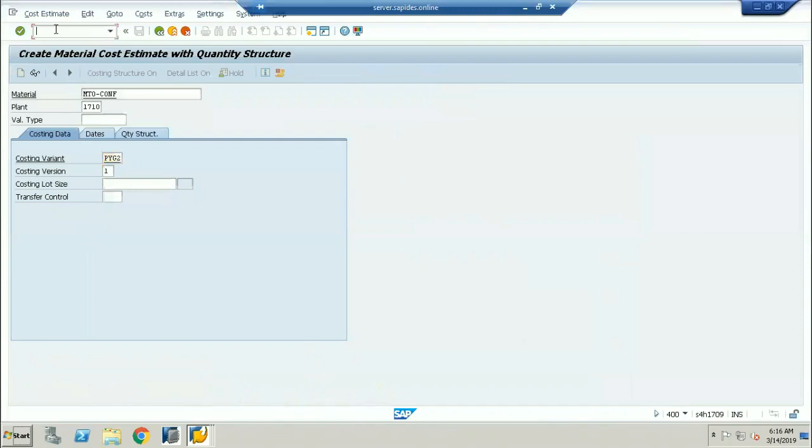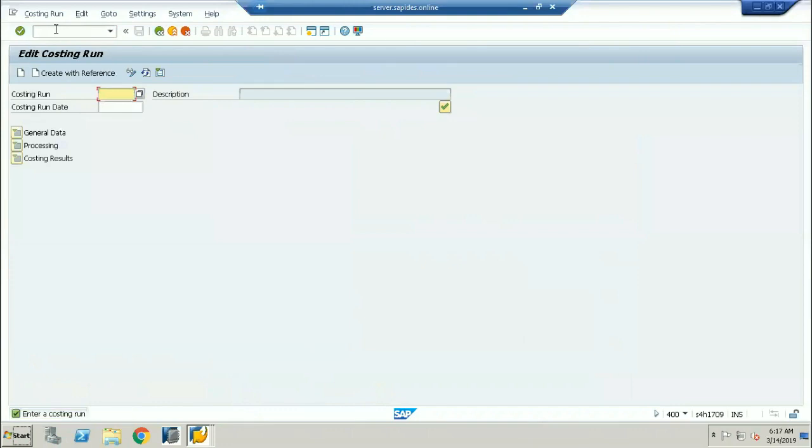In the last class I explained there is one more transaction code called CK40N. CK40N is for the mass cost estimation, which we discussed in the earlier sessions. This is the cost estimation for your product costing.